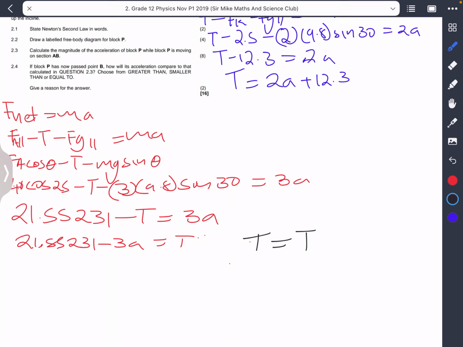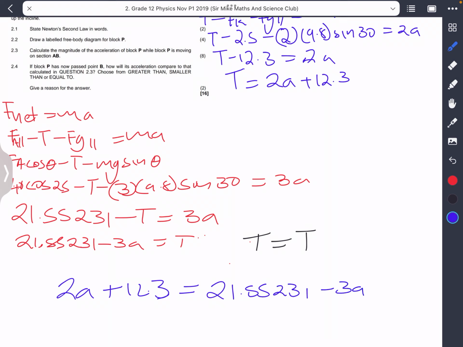So what I'm going to have is 2a plus 12.3, and this would be equal to 21.55231 minus 3a. Now I'm going to collect like terms. So I'm just going to take this -3a to the other side, then take that 12.3 to the other side. So in this case, what I would have is 5a